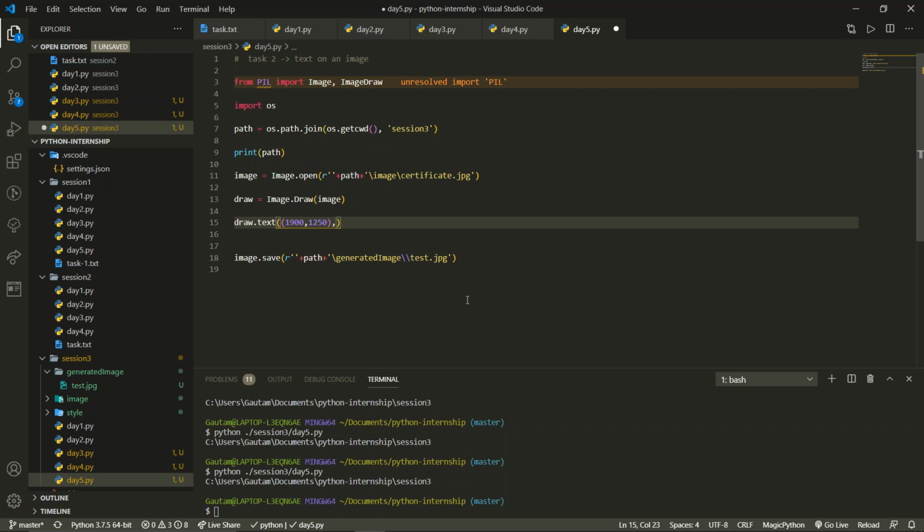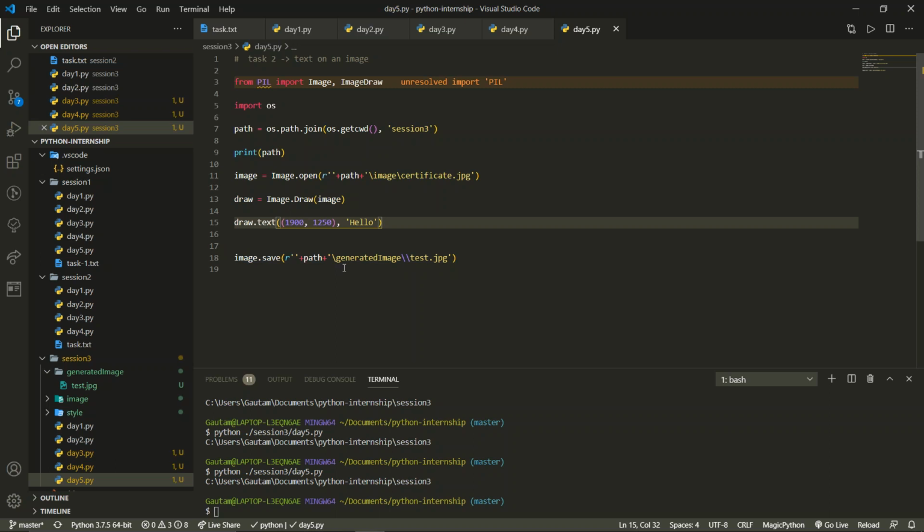Then a comma, and then we're going to pass the value that we're going to write over here. In single quotes, we're going to pass hello, maybe. This is done, I believe. If we pass the font color name, then we have some other things, but we haven't created anything right now. So we'll pass till here, and then we will just save the image right over here.